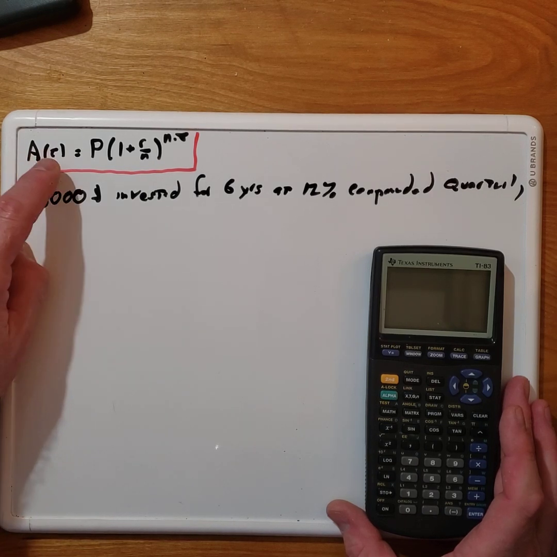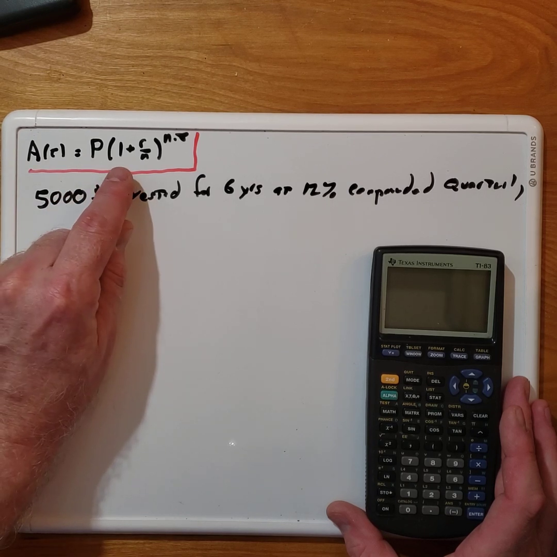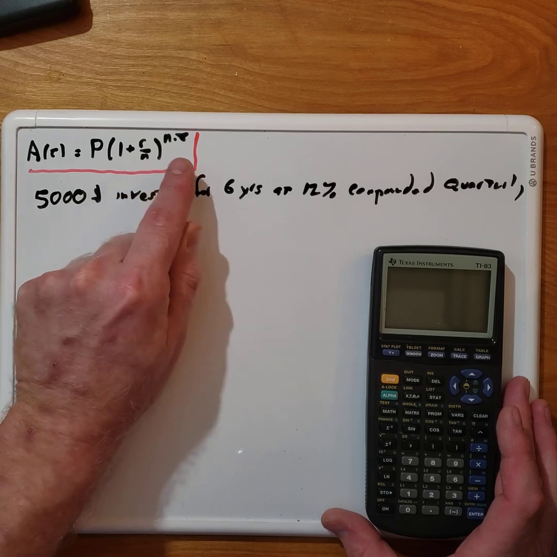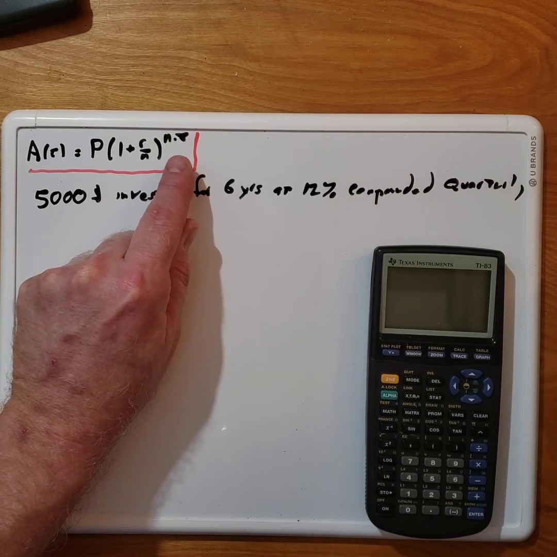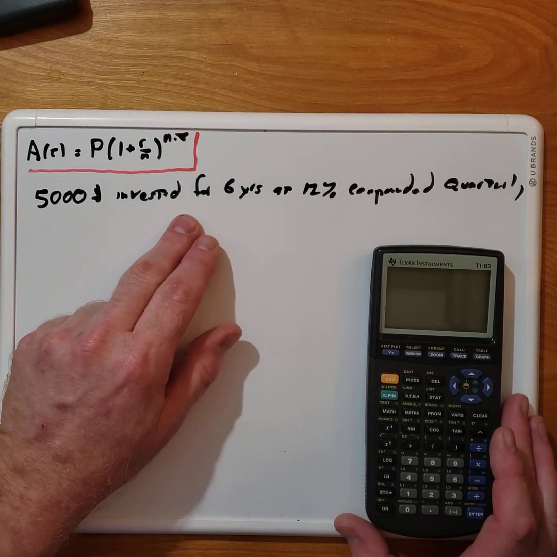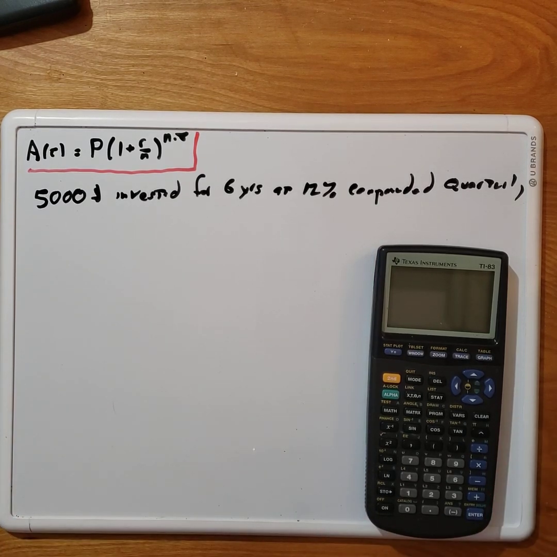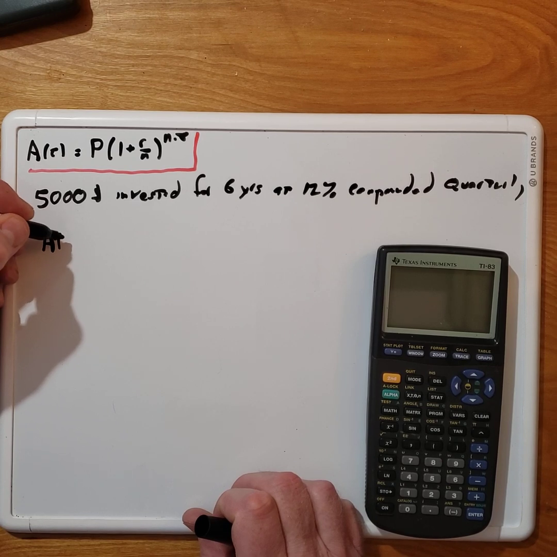The amount we have after t years equals the principal, that's the amount invested, times 1 plus the rate over the number of compounds per year, to the power of the number of compounds per year times the number of years. So if we invest $5,000, it's for 6 years at 12% compounded quarterly, the amount we'll have after those